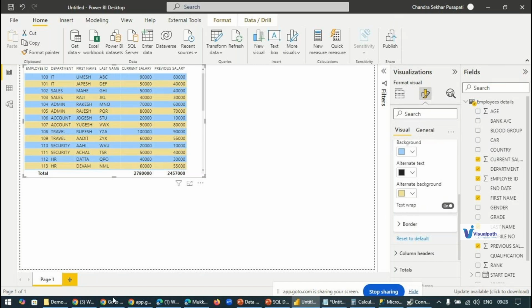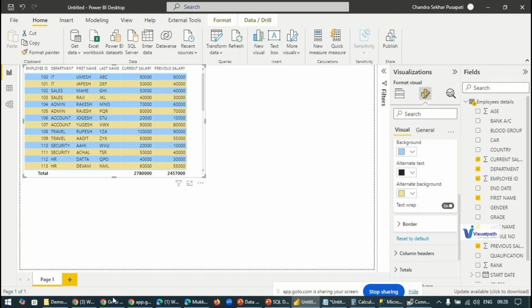Sir, do we have any such option like we have in a pivot table, like if you want to unfilter some things, how we do in a pivot table? Yes, all those features are available in Power BI. You can do more, and more easily also. For example, where did you do pivot tables, in Excel or which tool? In Excel only, sir. You can do more, easily here. That is a good thing.